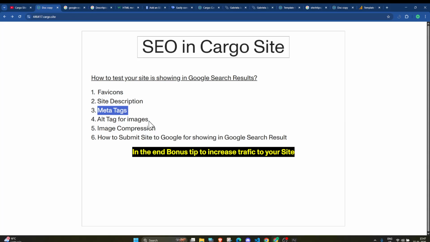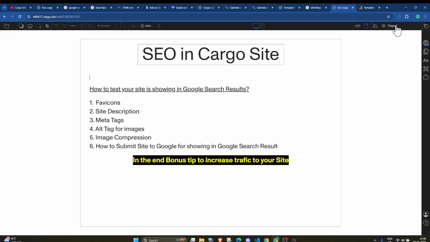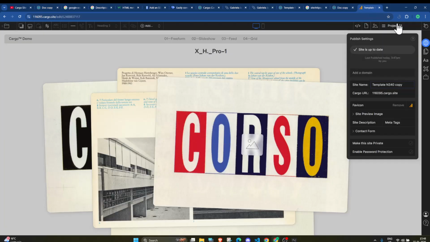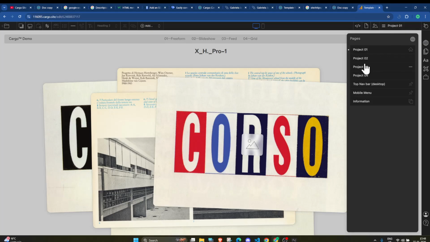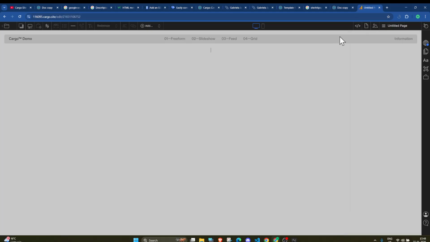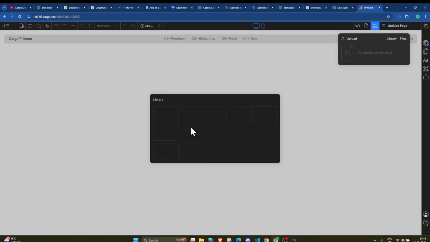Now let's see the alt tag, because it is also a good practice to add alt tags to your images. Suppose you have an image here. Let me just add a new page from the library.